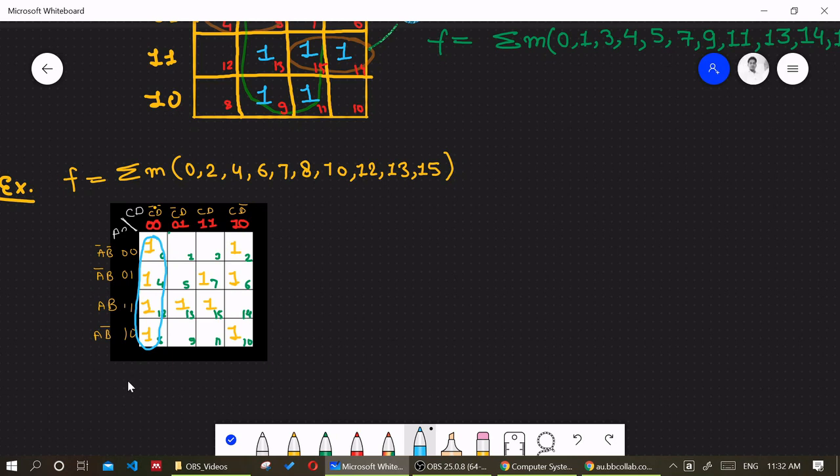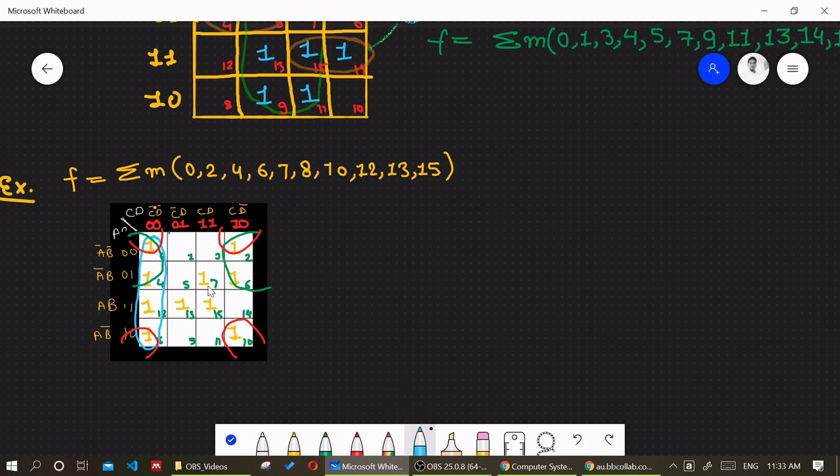Now we can see that there is no quad possible directly. So can we go for the map rolling? Yes, we can go for the map rolling. If you see 0, 4, 2 and 6, they can form a quad, because we are assuming that both are adjacent. Then I have already told you that we can group all the 4 corners in the same quad. So this is one more grouping.